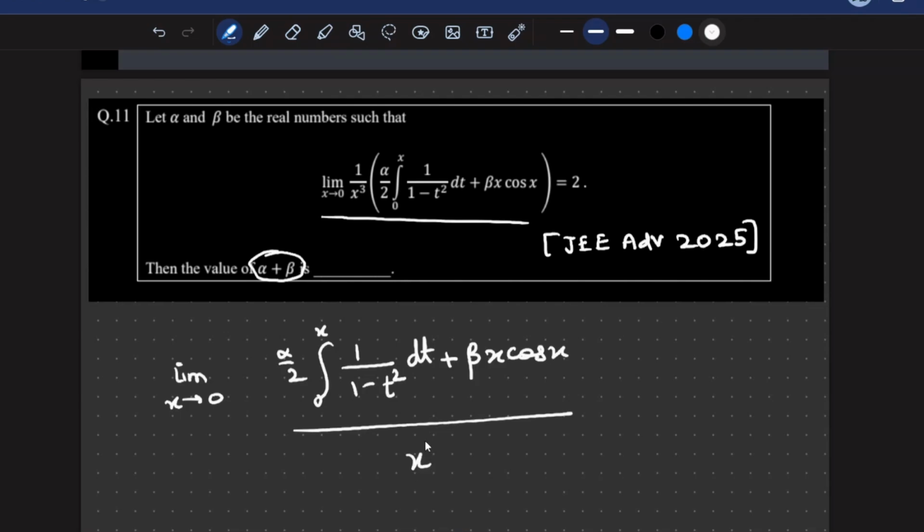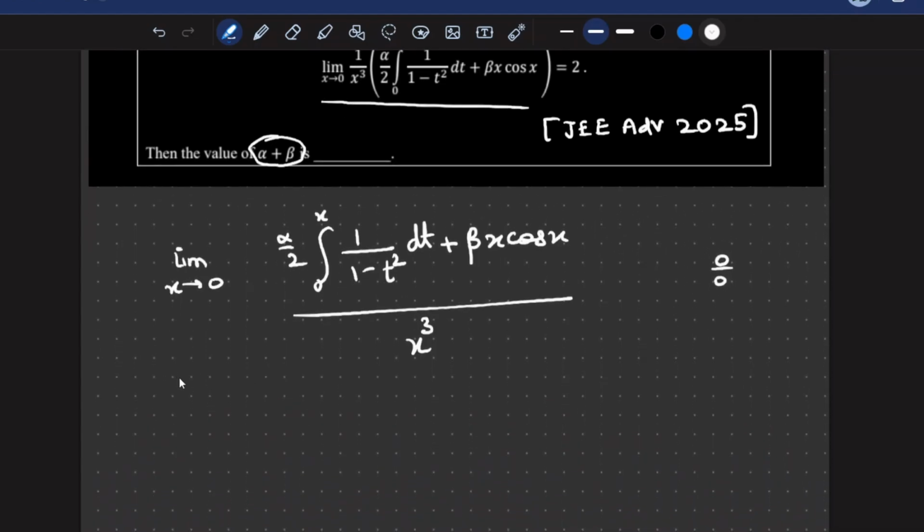Okay. Now let us observe what is happening in the numerator and the denominator. So the numerator is tending to 0 and the denominator is also tending to 0. So this is a 0 by 0 form. So what we are going to do is use L'Hopital's rule, and to differentiate this integral we'll use the Leibniz formula. So this reduces to